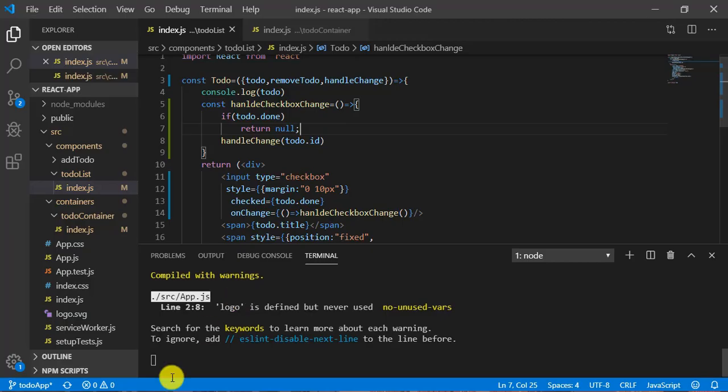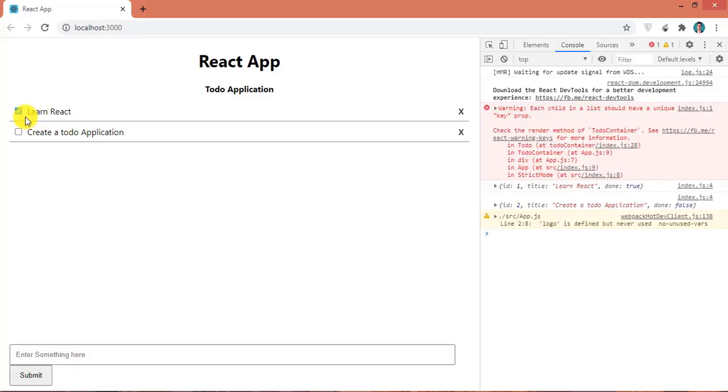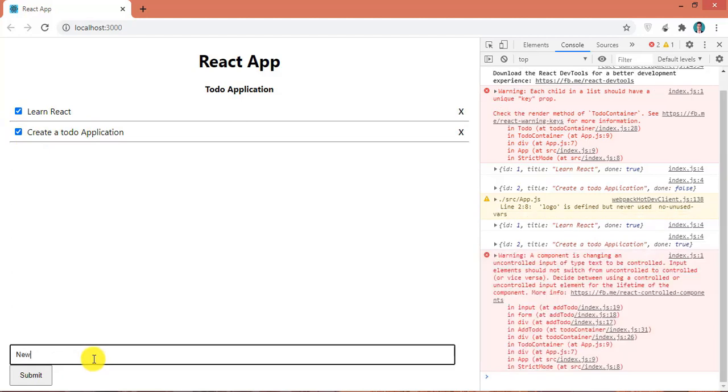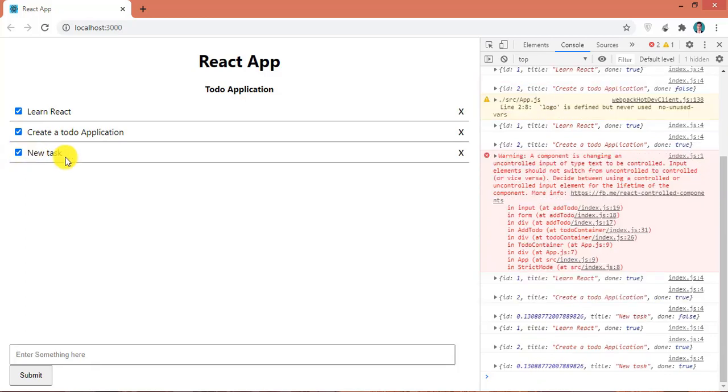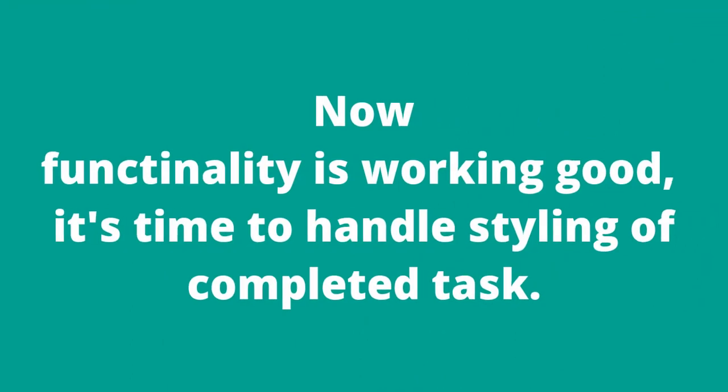Now let's save it, come here and check. You can see I cannot undo this one. Now let me add a new task. So new task, and this is unchecked. Once I click on this one, it got checked. So this is the functionality we wanted.